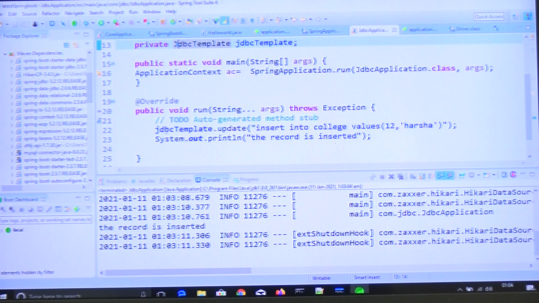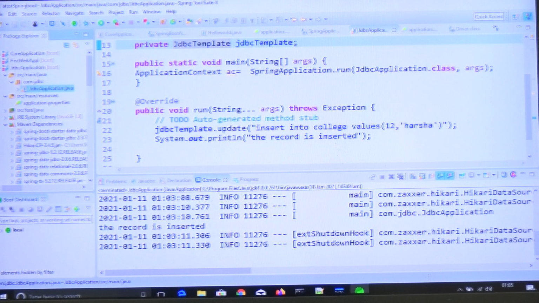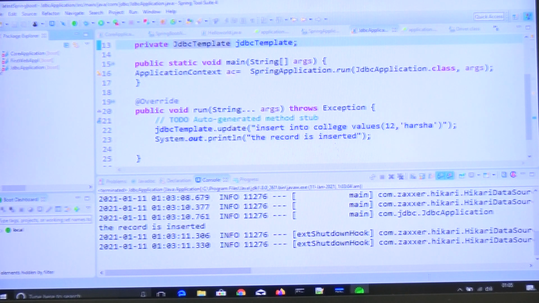But in case of the normal approach, we need to create a connection object, we need to create a statement object, we need to create a SQL query object, all these steps we have to follow. But in case of Spring Boot, no need to configure anything, we can directly get a JDBC template, we need to autowire, that is required only, and we can perform whatever operations we require. Okay, so this is the way we are going to develop JDBC applications. And Spring Data JPA is also there, that is more flexible than JDBC.